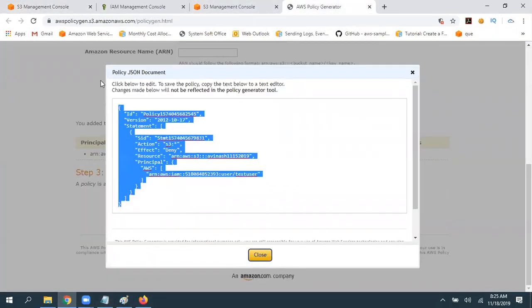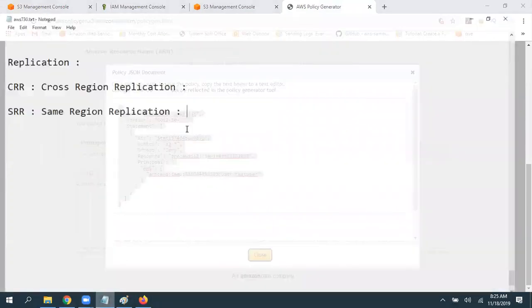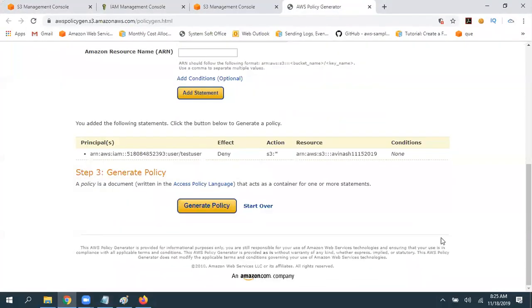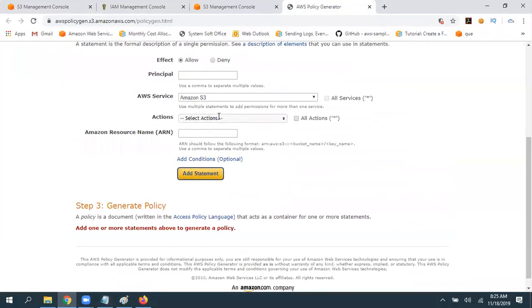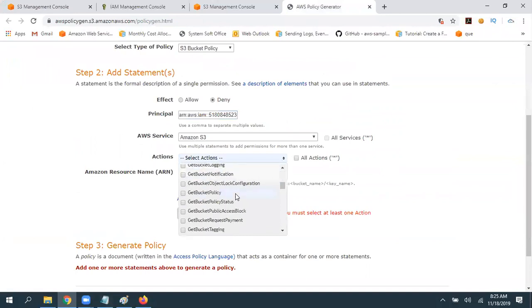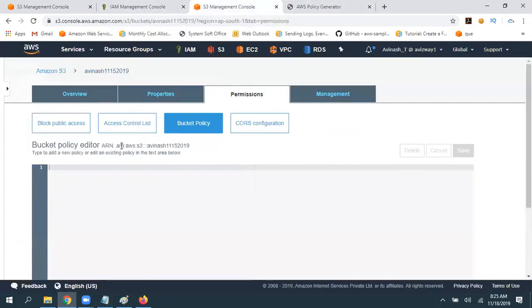Let me keep this aside. Now, if you select only one particular operation, I'm going to deny only one operation on only one particular object, one particular bucket.